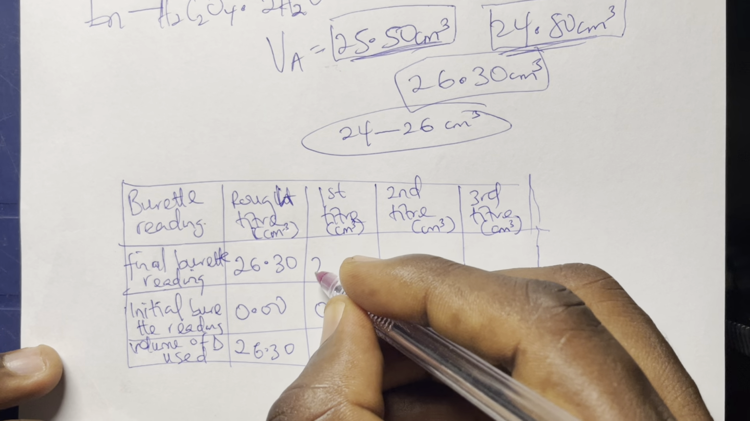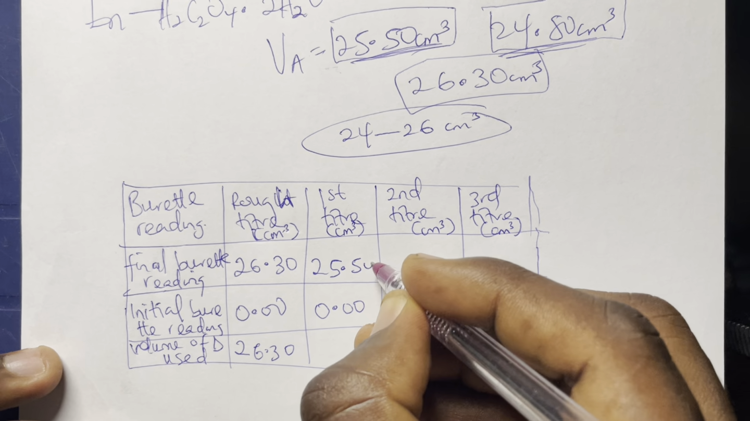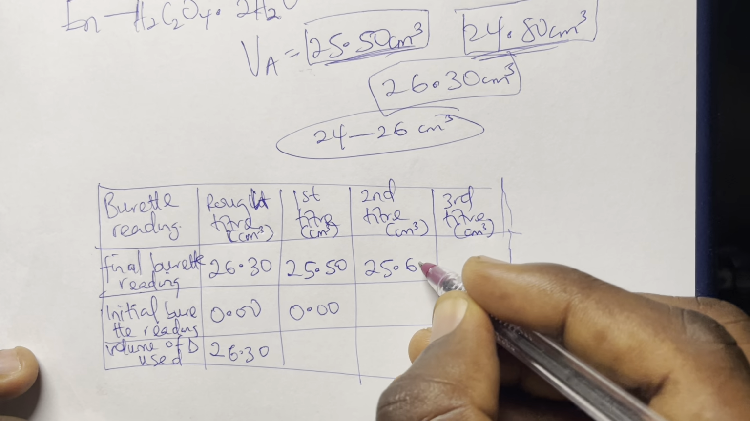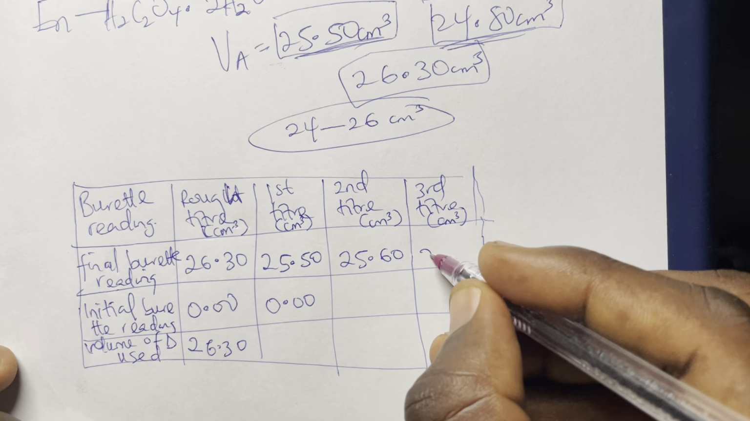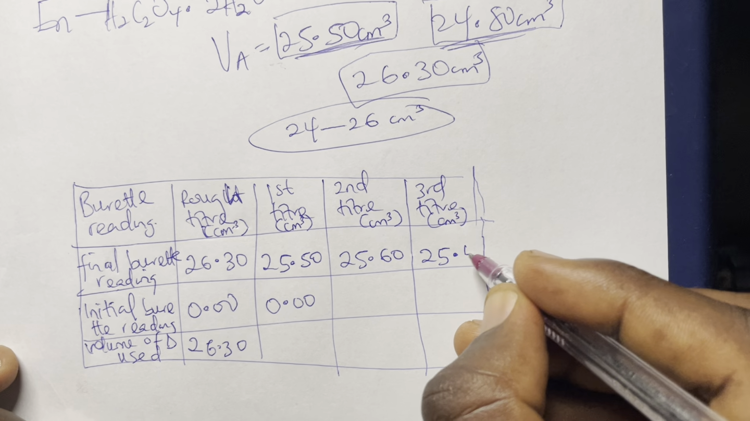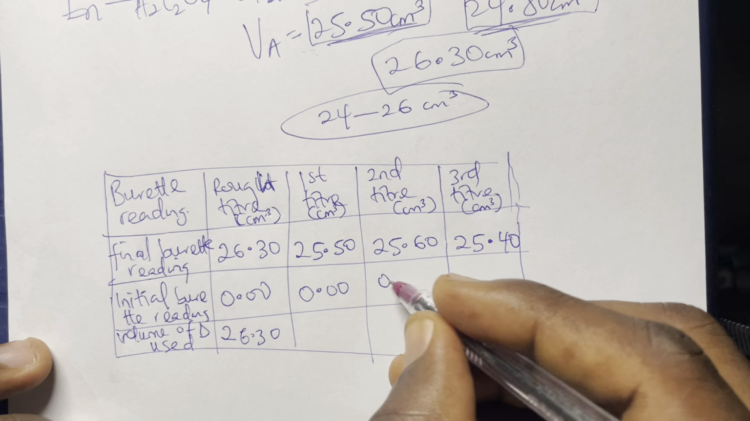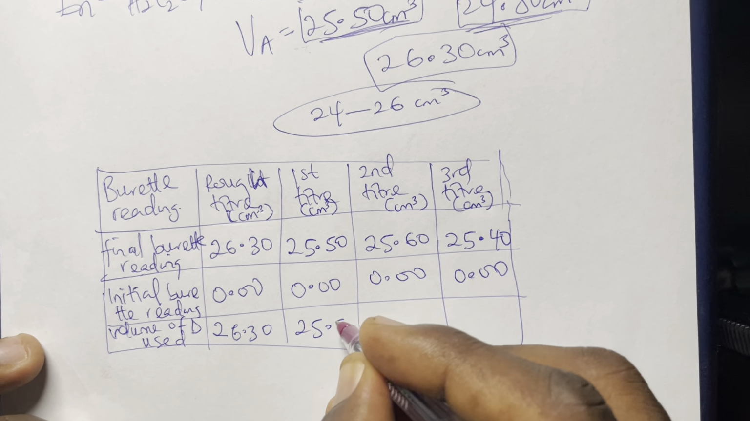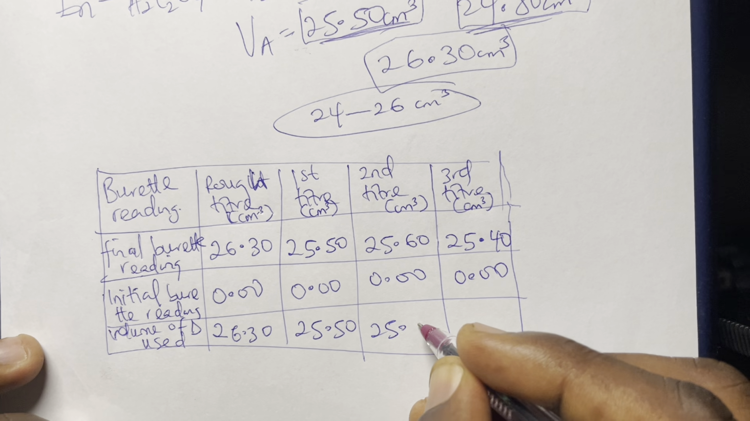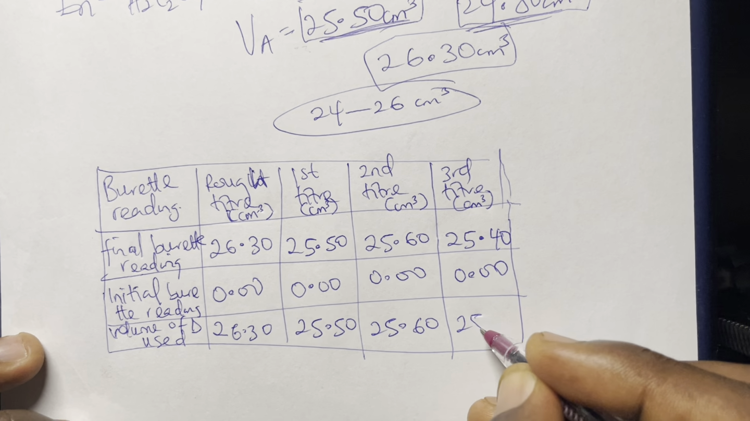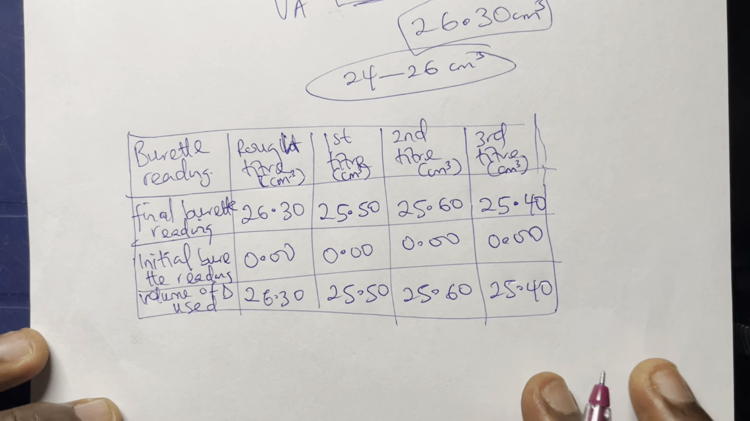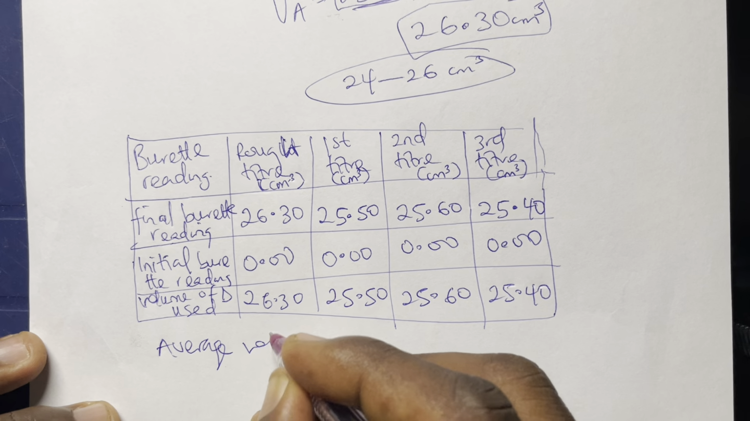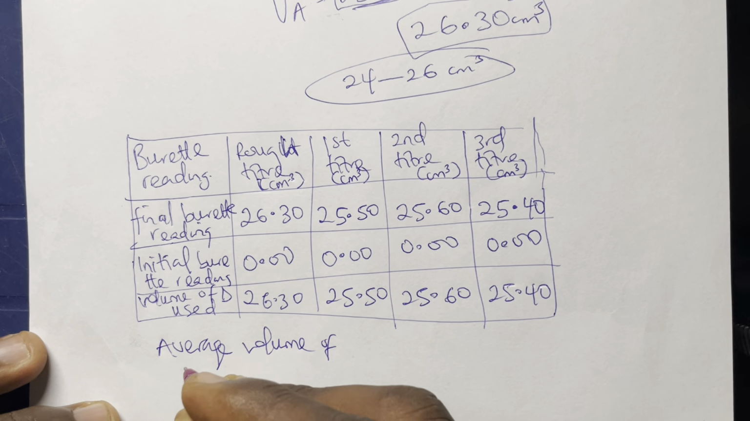So here, give your first titre as 25.50, the second should be like 25.60, and the third should be like 25.40. So 0.00, 0.00, 0.00, and the final readings are 25.50, 25.60, and 25.40. So by the time you say the average volume of D used,